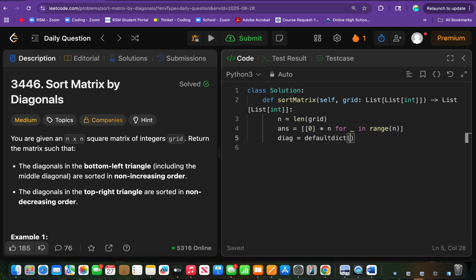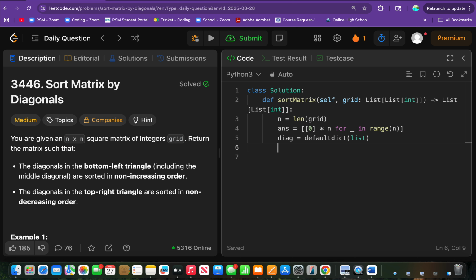And in this case, the values that we're going to store are going to be, of course, lists, because we need a list of all the elements in each diagonal, and we actually choose to go ahead and sort them in ascending or descending order. Basically, it's a default dictionary, which all that means in Python is even if we don't see a key in the hash map when we're actually trying to update it, it automatically sets it to a value of an empty